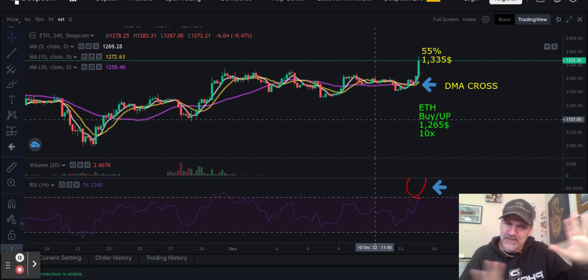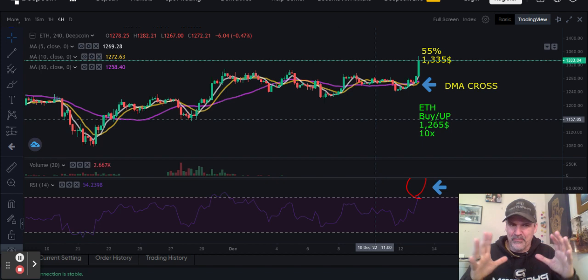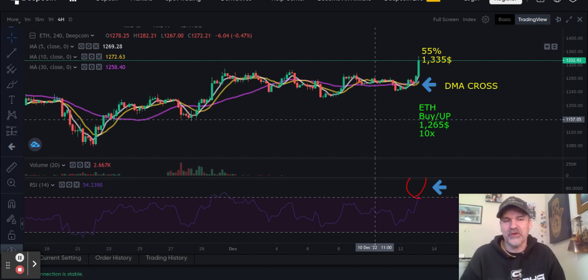But try not to pay too much attention to that. Pay attention to the economic indicators, Fed rate hikes, 50 basis points, all that, inflation numbers. That's really where you want to look in terms of the macro level, to then dial it into your charts and see what the behavior is going to be in your crypto assets.